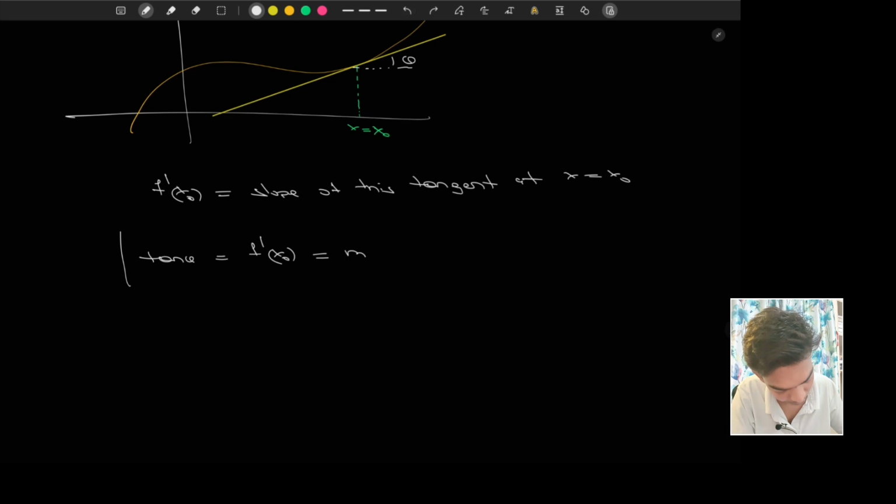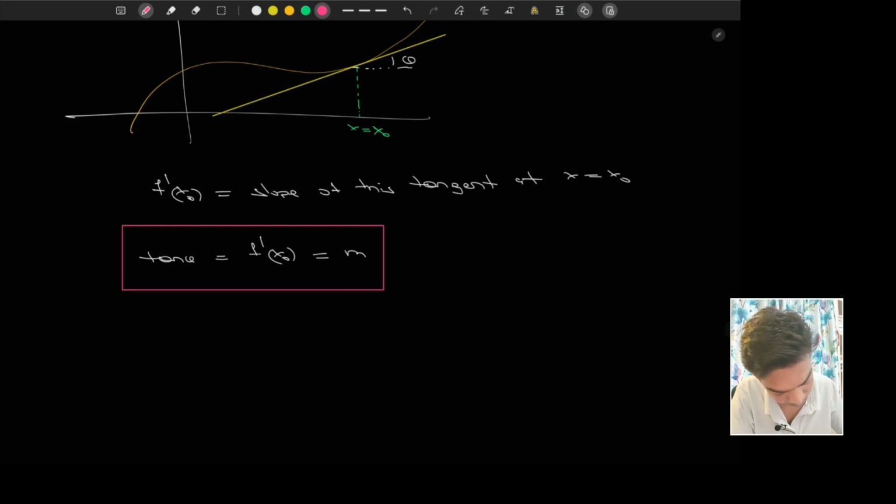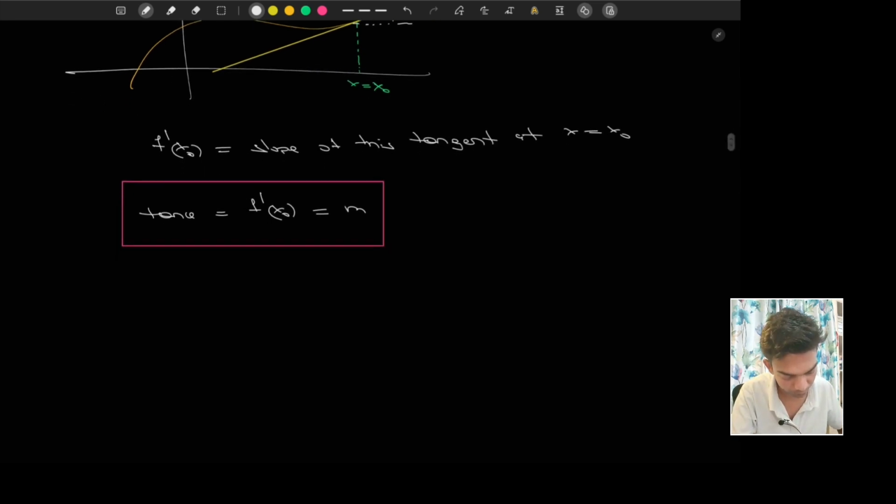And you know why this is true, right? This is a very simple thing. So let me box this equation, because this is also important. So when somebody asks you what it means to compute the slope of a function at a particular point in one dimension, it means that it is the slope of the tangent at that particular point. Okay,